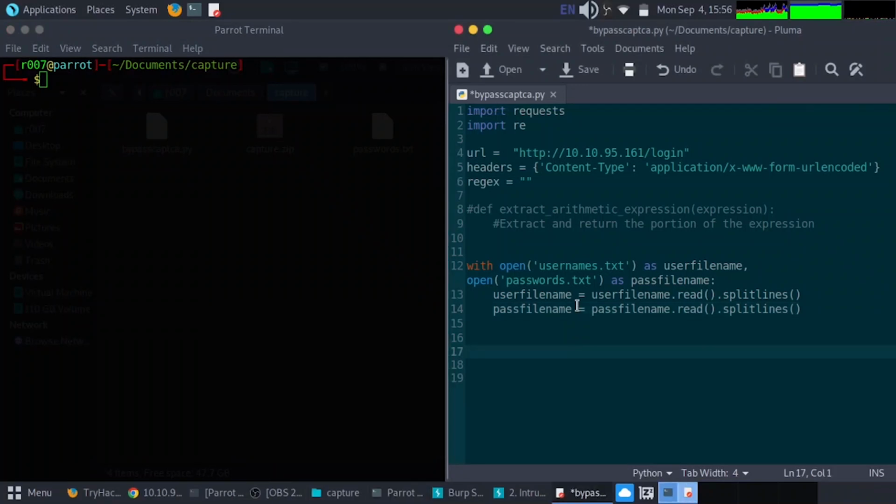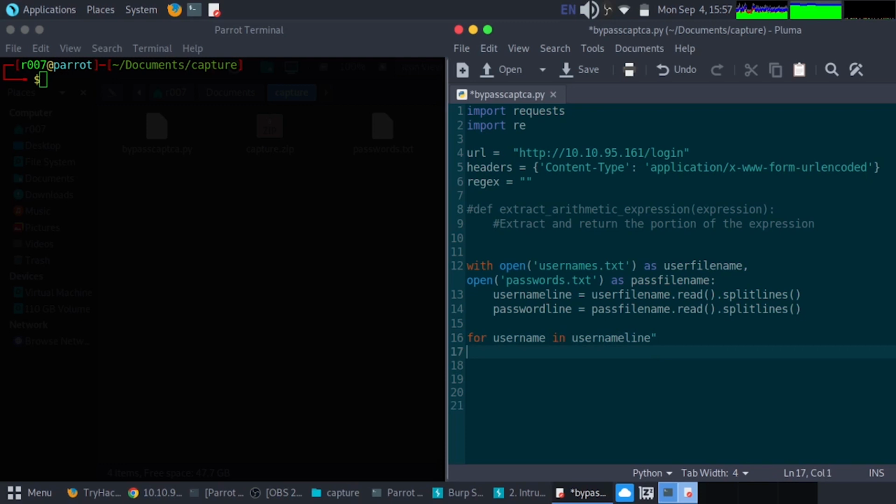We can make a little modification to this. I'm just going to change this name to have a new variable name. We're going to call it username line, and we'll also call this password line. That is for every iteration. So we'll now have just username line and password line. Then I can loop through the username line and the password line. First of all, we'll be working with username. We want to be able to verify the username of the user. So for username in username line,